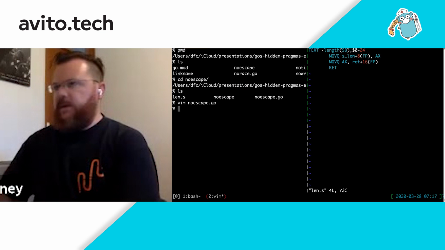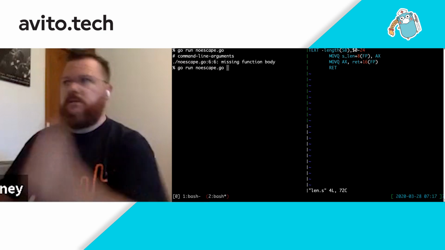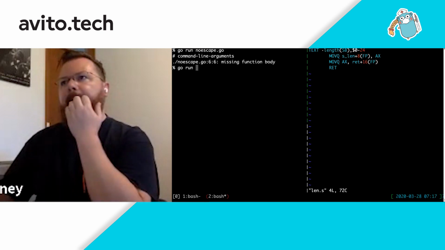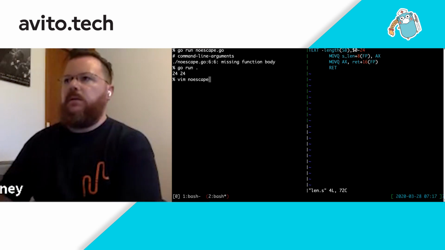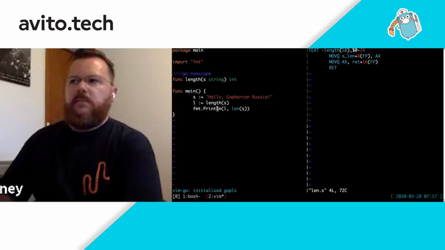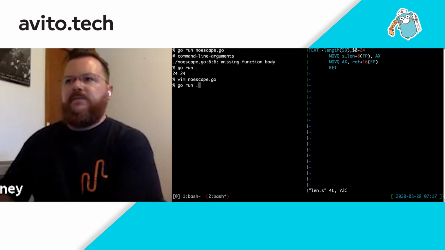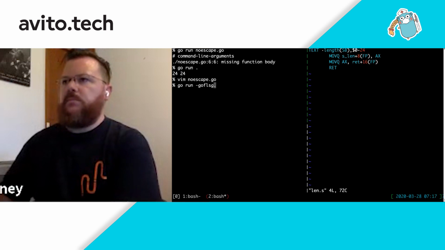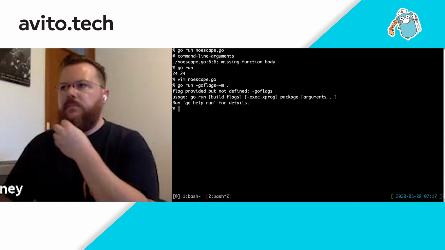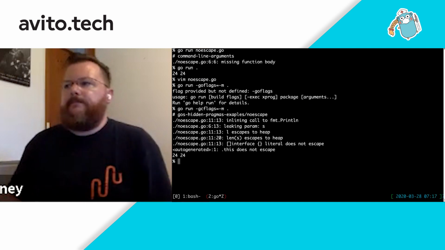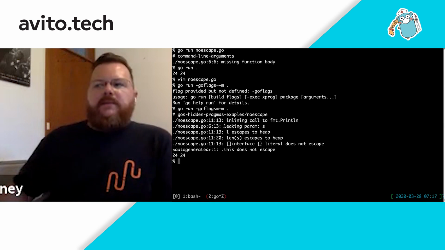So if we run this, actually I need to run the whole package, we get 24 and 24, which is our length function and the built-in length function. But let's run this again and turn on inline printing. And we can see that on line 6,